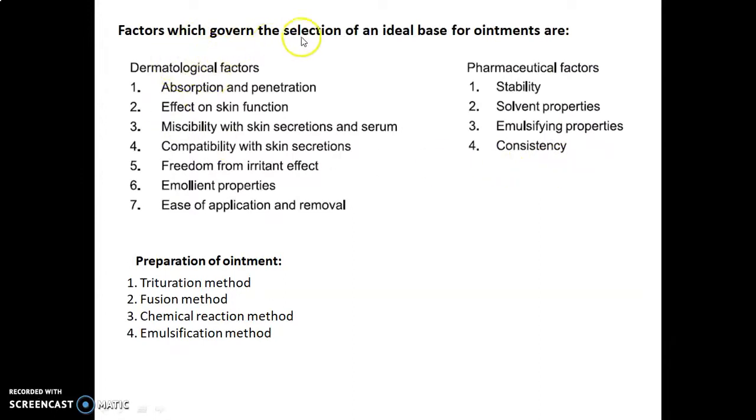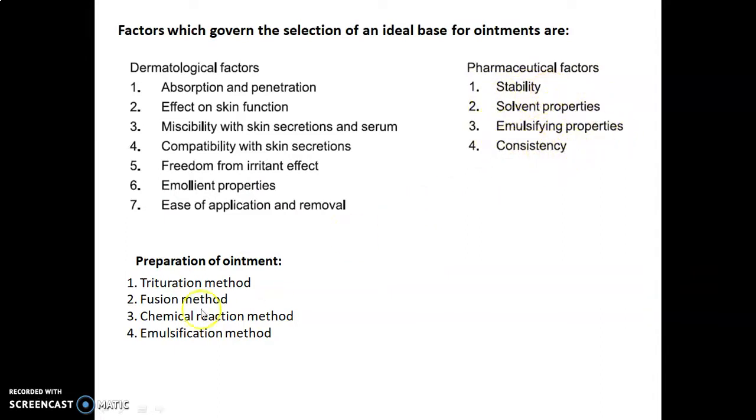The factors which govern the selection of an ideal base for ointments are two: dermatological factors and pharmaceutical factors. Dermatological factors are of seven types: absorption and penetration, effect on skin function, miscibility with skin secretions and serum, compatibility with the skin secretions, freedom from irritant effect, emollient properties, and ease of application and removal. Second, the pharmaceutical factors have four points: stability, solvent properties, emulsifying properties